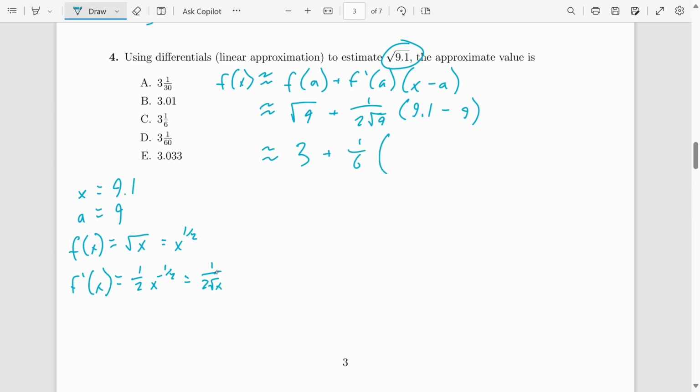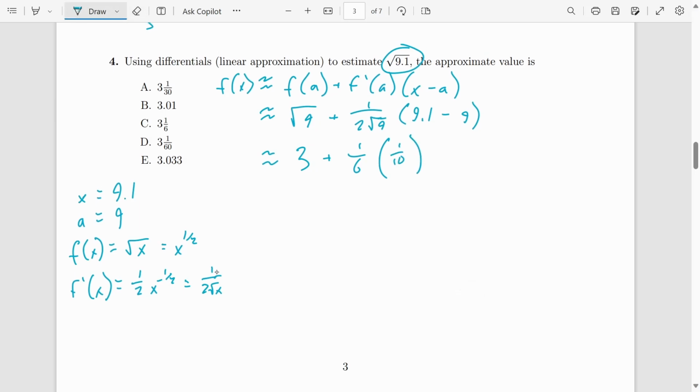Now we've got 9.1 minus 9. That's going to be 0.1, which, since we're multiplying this by a fraction here, let's go ahead and turn 0.1 into a fraction. Let's make it 1/10, just so it's easier to calculate. So there we go. One more step. Let's see, 3 plus